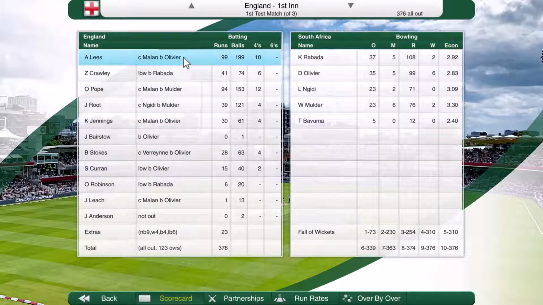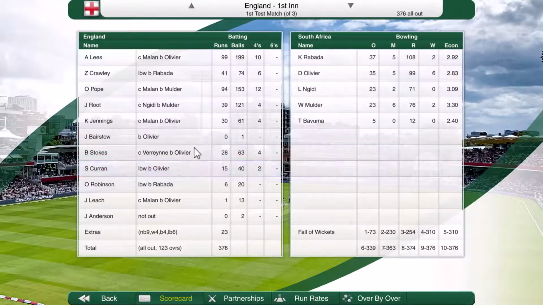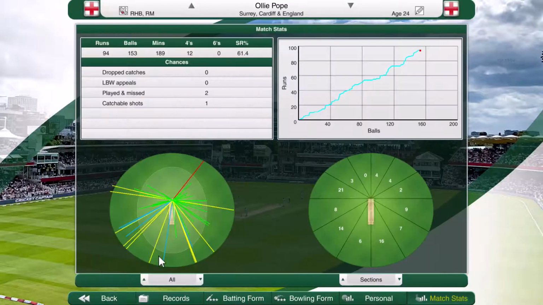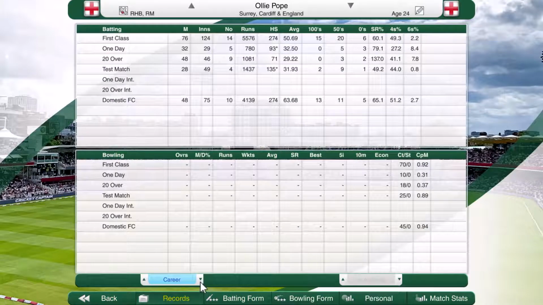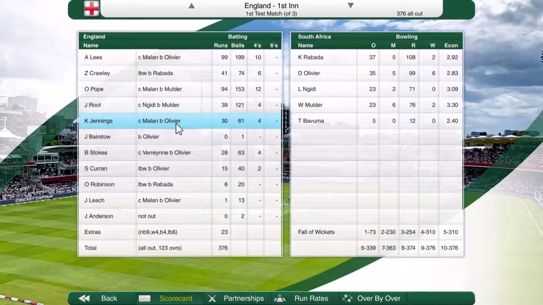376. Lees with 99, continuing an excellent year. So gutted to see him get out. But he batted really, really well. Ran took the ball away beautifully on that leg side. Ollie Pope with 94. He's had a good season in test match cricket without really making a massive score. Averaging 45, 350s to his name, 400 runs. Looking good. Root and Jennings offered some stability in the middle before we kind of fell away, and Duanne Olivier